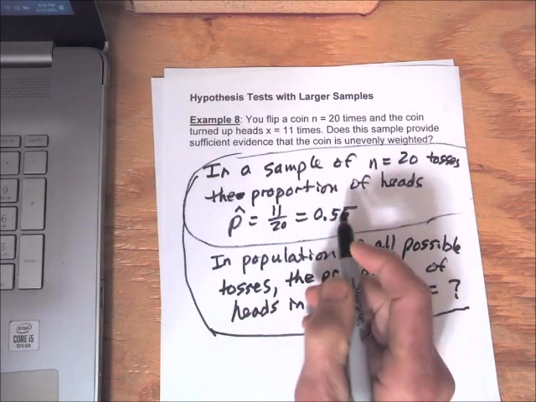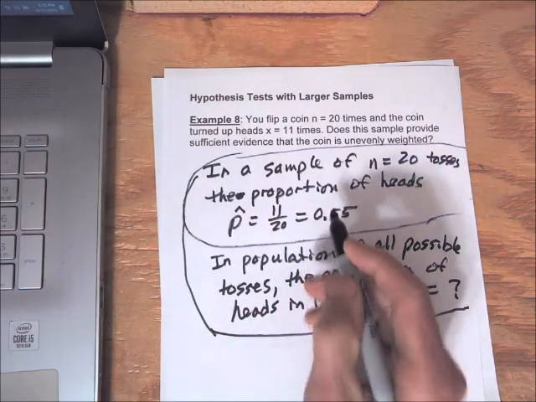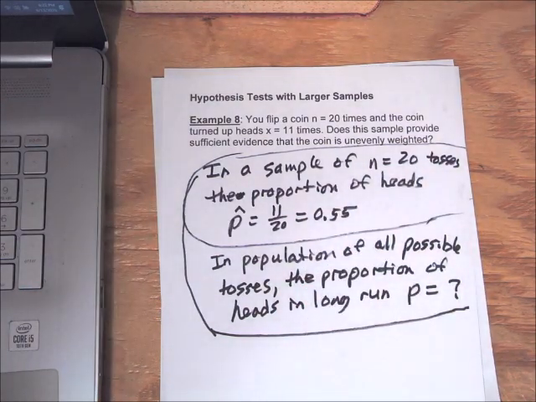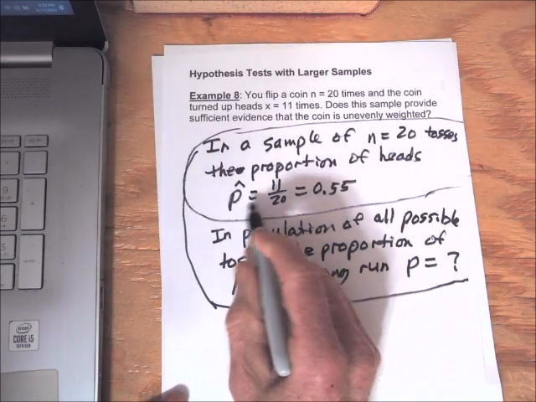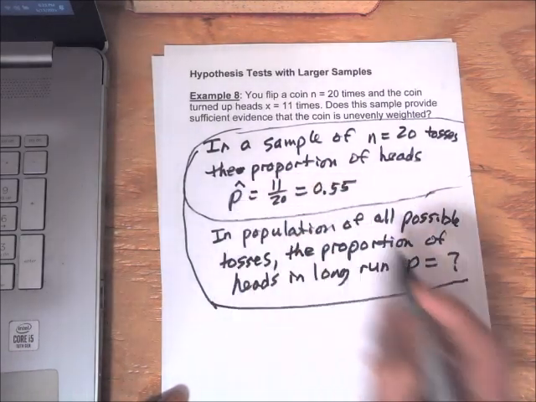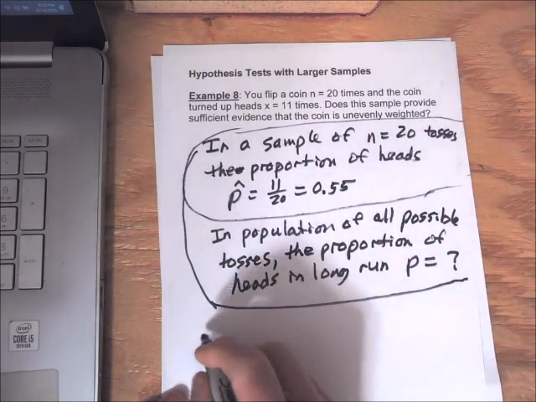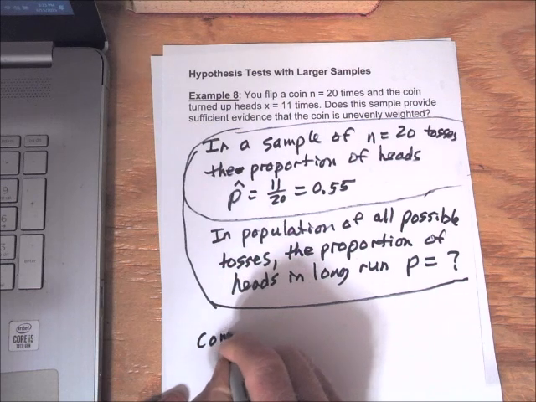Our best estimate is based on the sample proportion of 55%, but the samples will vary from one sample to another. So if we did another sample, maybe it's only 47%. Anyway, our sample proportion is an estimate for the unknown population proportion, and we want to compare it to